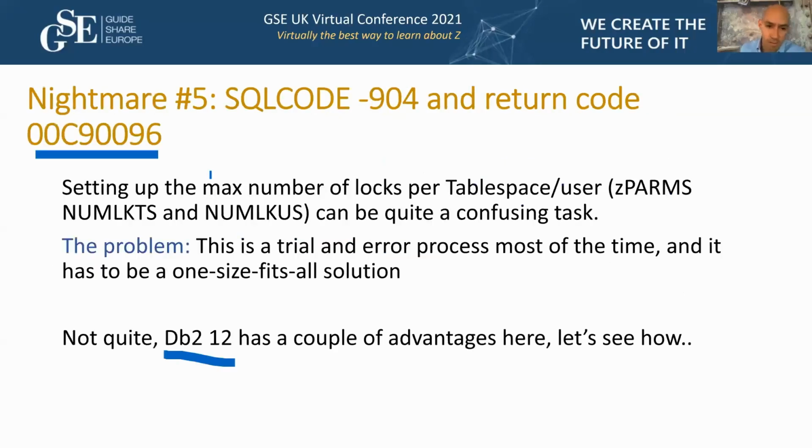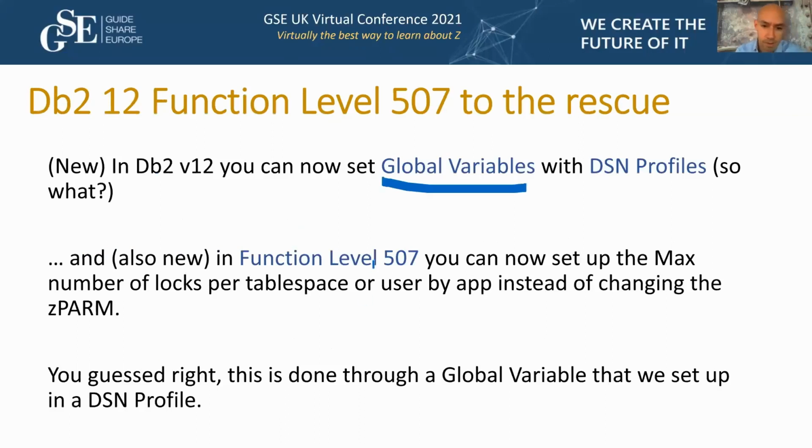But this is a zipper. This is one name, and this is the other one. This is not a variable. In function level 507, it came to us as a global variable so that I can use it to test it with my applications before I change the zipper. And in one of my previous jobs, I actually had the chance to set it up just to the maximum number. And if it was still failing, then the application had to change. But you might not be as lucky as that.